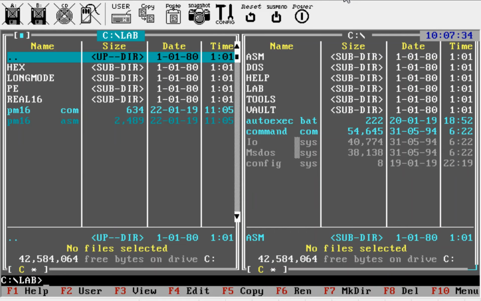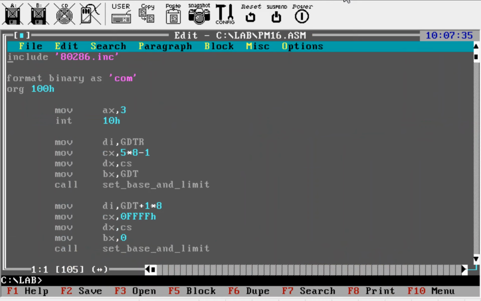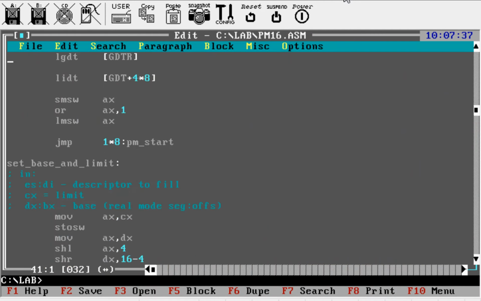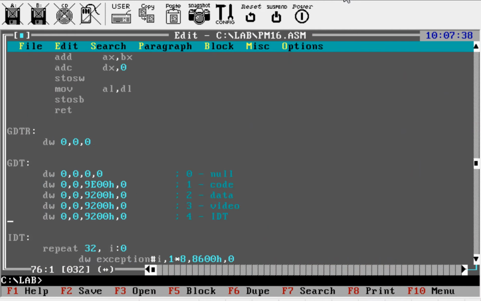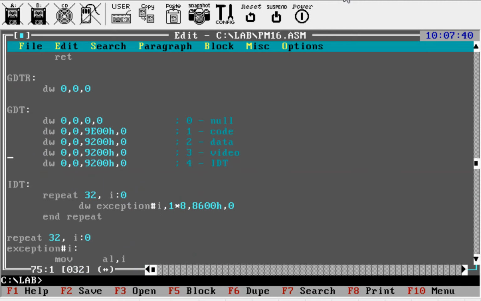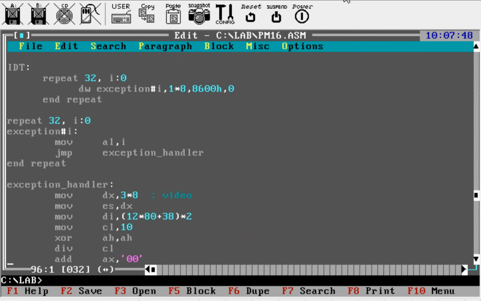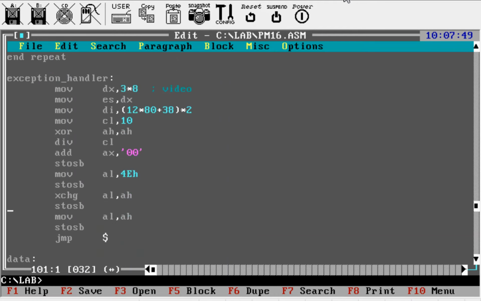What we have prepared so far is just some basic protected mode setup, some descriptor tables crafted manually, including interrupt descriptor table to let us handle exceptions, and our exception handler just displays decimal number of that exception